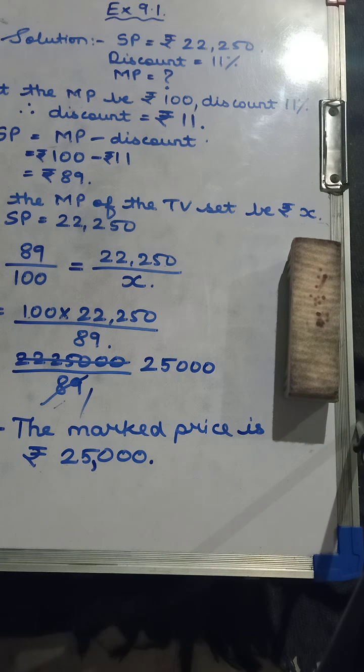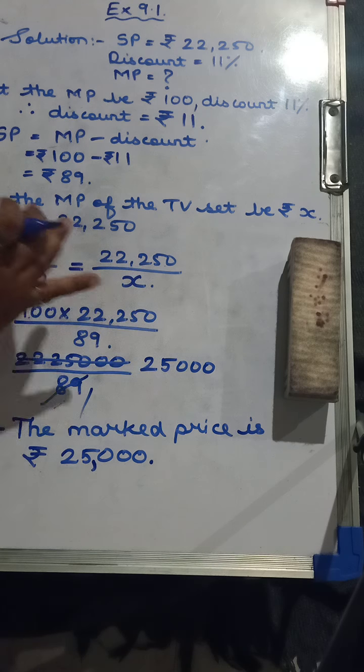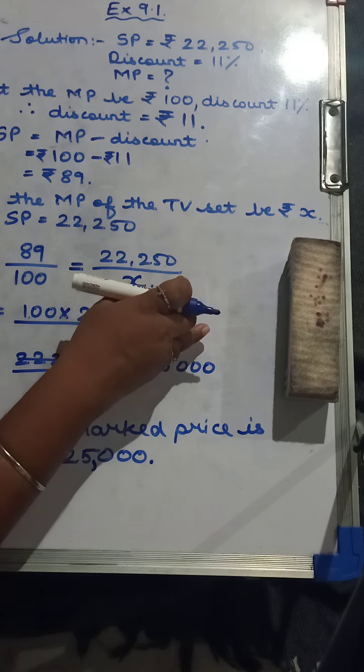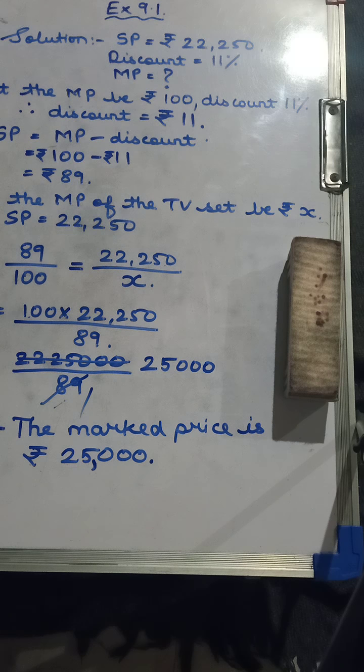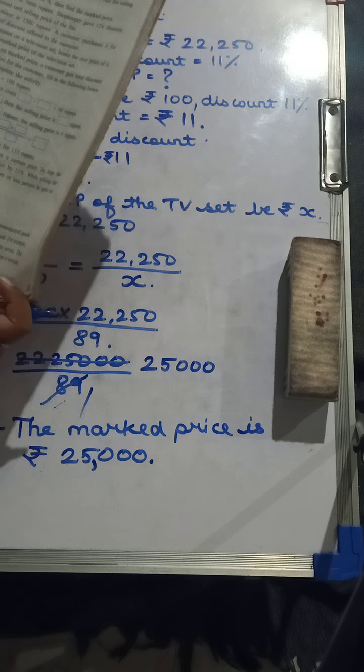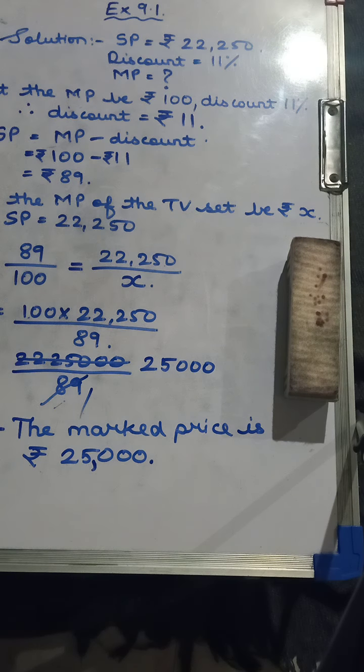Okay, so this was the sum where you had to assume the marked price, and with the help of the assuming, you assumed even the selling price. So we have two parts here. One is the assuming part and one is the actual sum that we are solving. So again, you all are going to copy this sum in your book. First copy the question. Once you write the question, then you all are going to write the solving part. Now we have the seventh sum that is there. The seventh sum is homework for y'all.